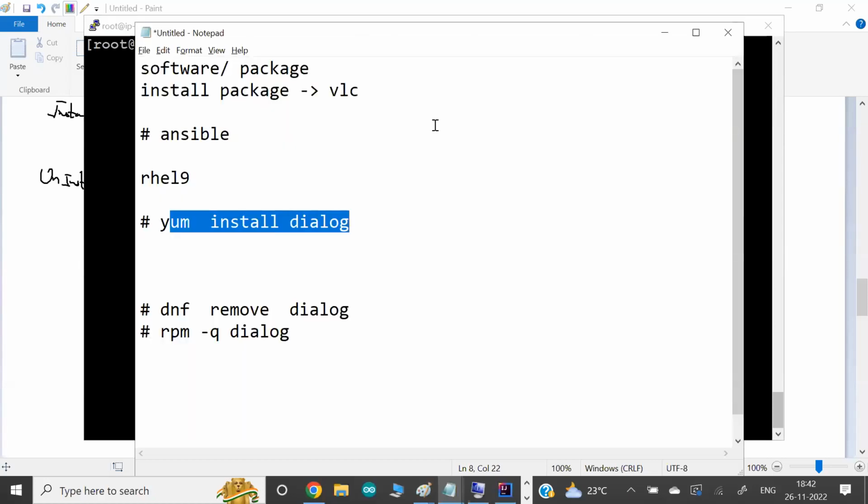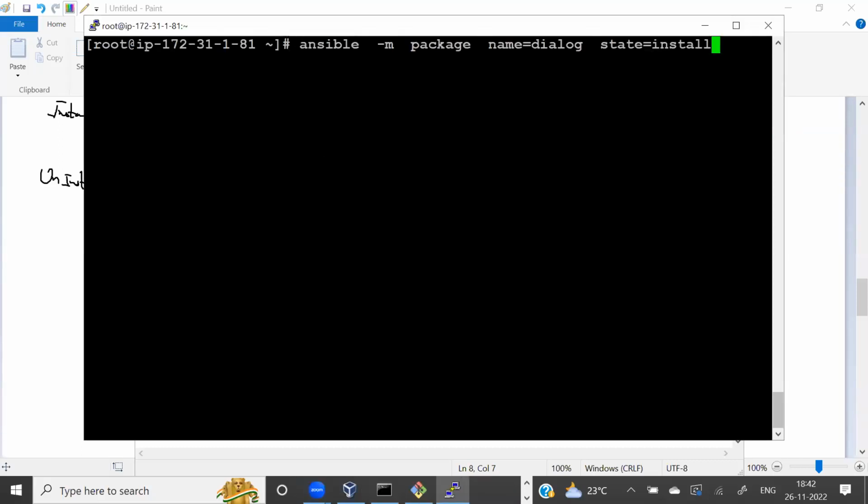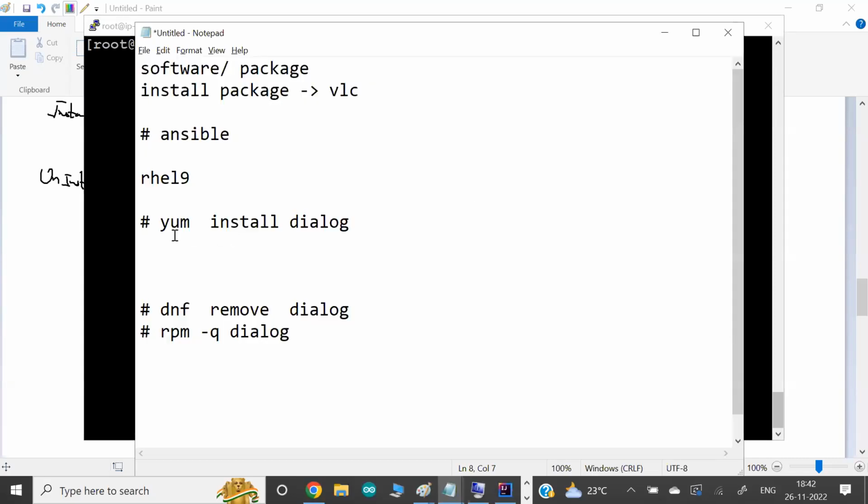Understand one thing, guys, just understand the base. The yum command only works in Red Hat. It does not work in Windows, Mac, and Ubuntu. But this command works without any change in all the OS. It means if you create a script using the yum command, it will work on Red Hat. On other OS it will fail, or if any new version comes up where the yum command is not there, it fails.